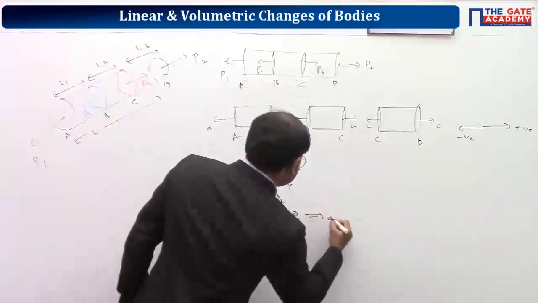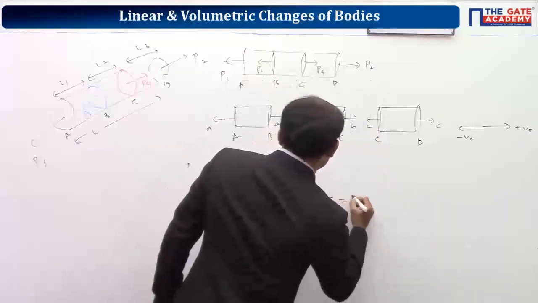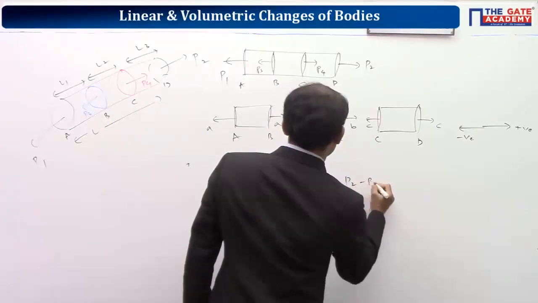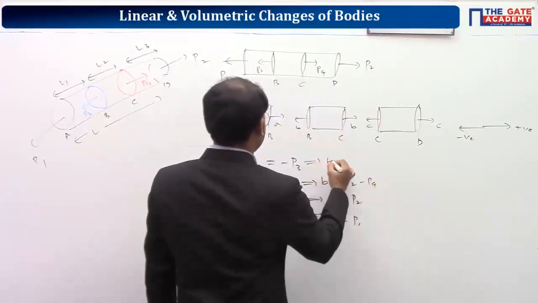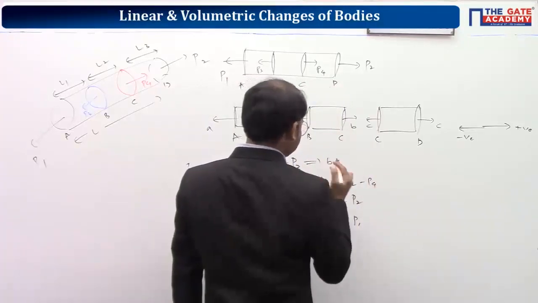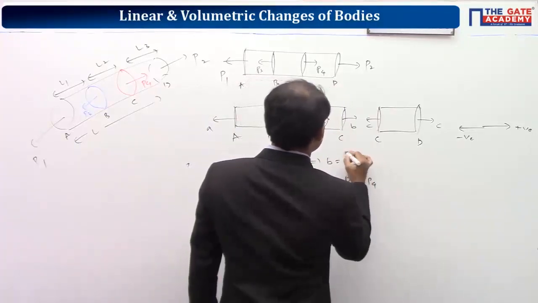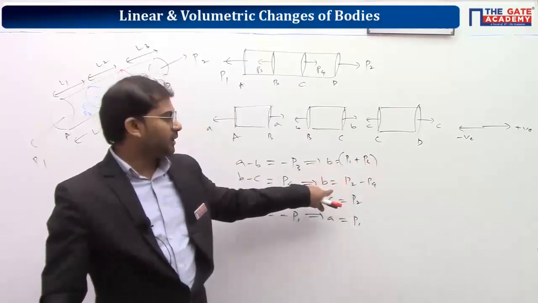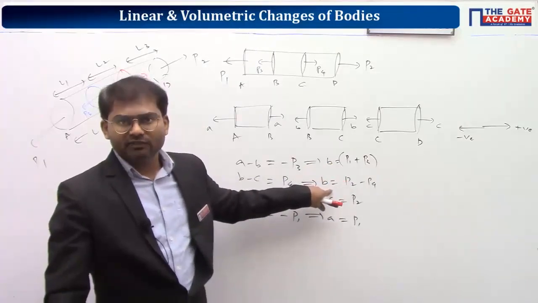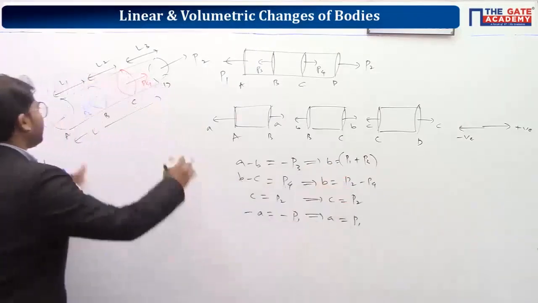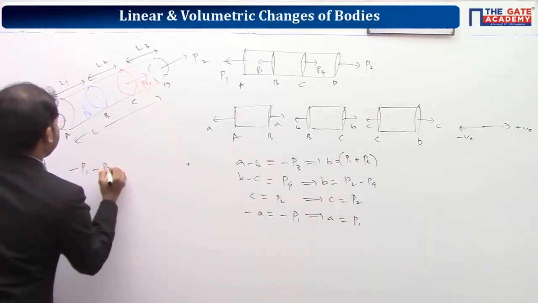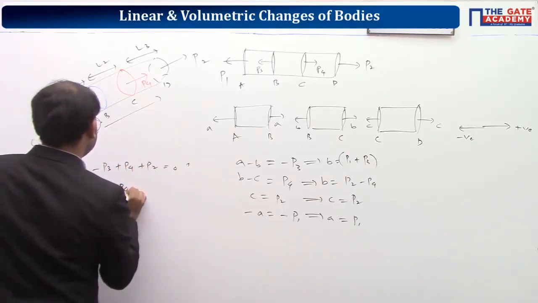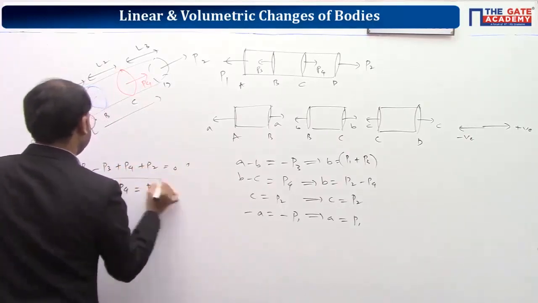So from this we can say A is equal to P1, C is equal to P2. C is equal to P2 means this implies B is equal to P2 minus P4. And from this we'll get the value of B as A plus P3, so P1 plus P3 here. You may wonder, here you are getting B is equal to P1 plus P3, here you are getting B is equal to P2 plus P4. In fact, both are same. The reason is, if you take equilibrium condition for this, minus P1 minus P3 plus P4 plus P2 should be equal to 0. That means P2 plus P4 is equal to P1 plus P3.